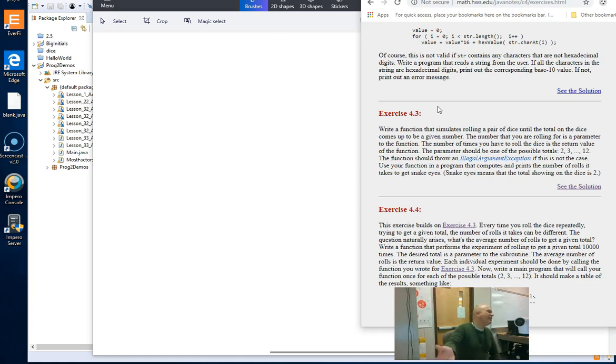So try to hit like 7. I want to roll a 7. How many times does it take? And if the user chooses a number that you cannot roll, such as -13, then you're going to throw an illegal argument exception. So in this function, you're going to learn how to do a throw, try, catch triplet. So let's begin with